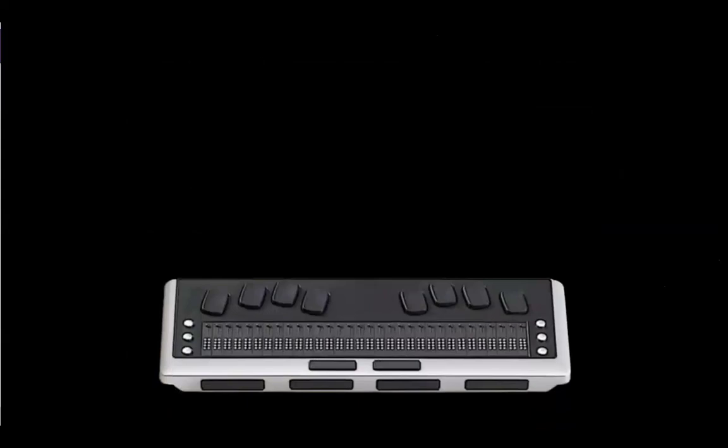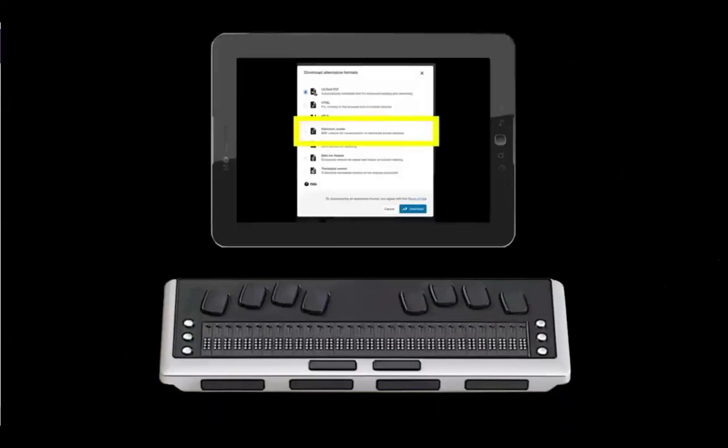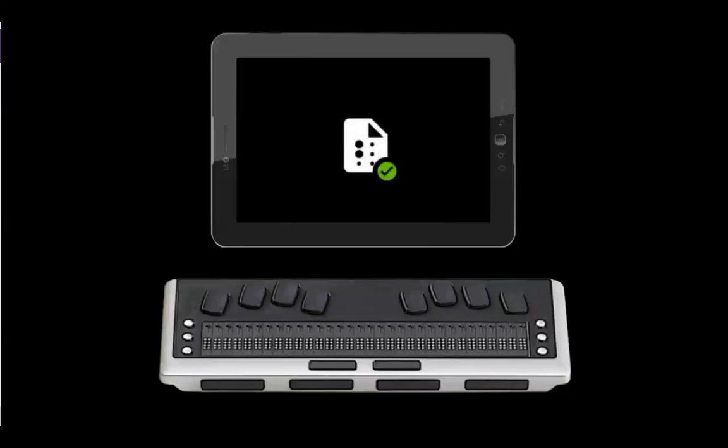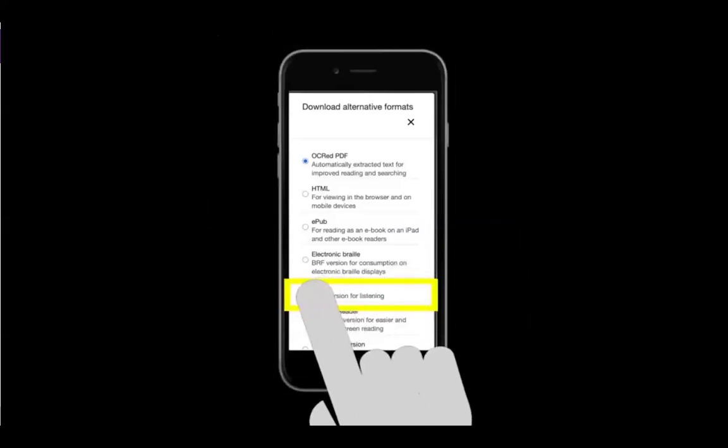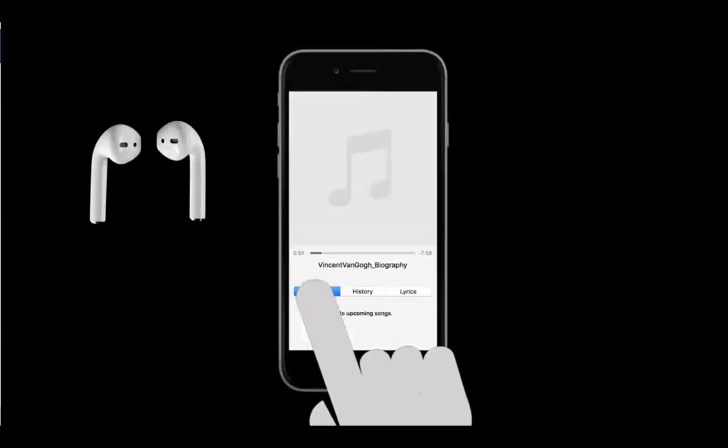If you're a student who uses a refreshable Braille display, try downloading the electronic Braille format. It's a BRF file, so you can take a break from your screen reader for a more tactile experience. You can even listen to your course files by downloading the audio MP3 format. So if you're on the go or you just want to review your materials in a different way, try the